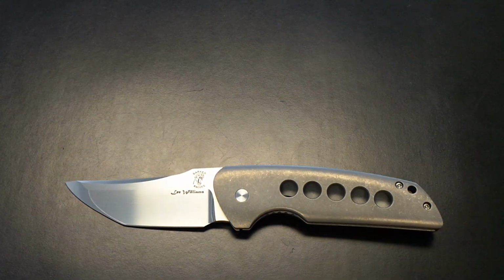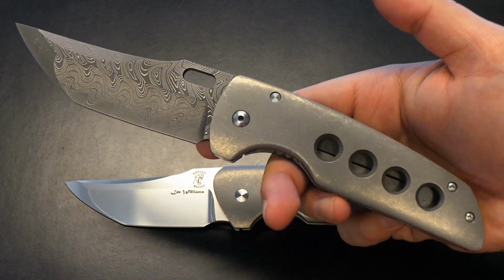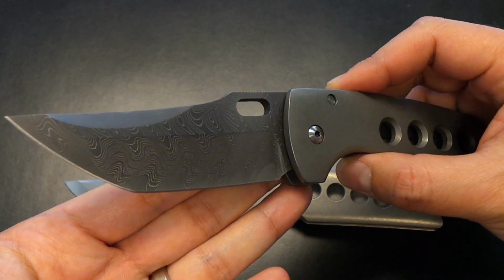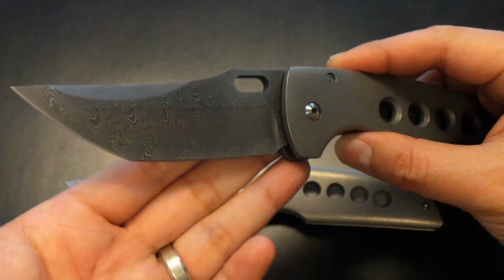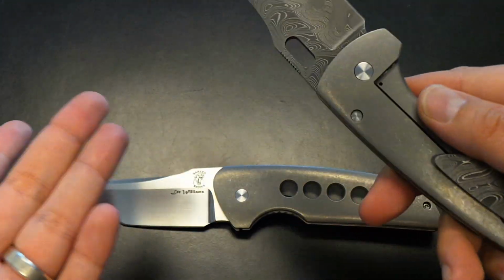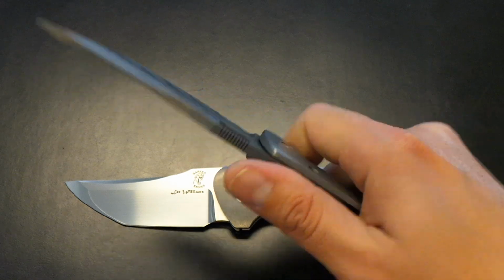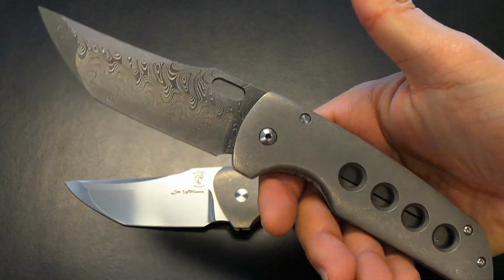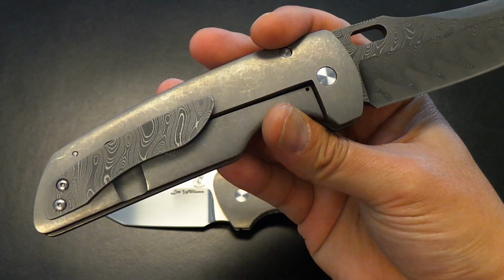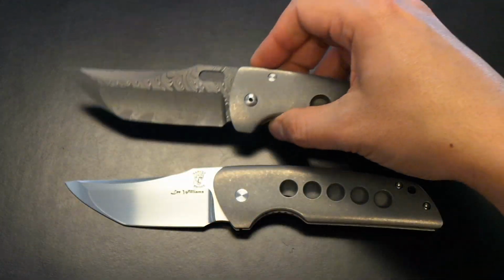You know what? Let's bring back the regular Hokkaido so you can compare it once again. Yeah, there's something about the non-collab Hokkaido that's just a lot more aggressive looking to me. There's jimping on top. The pivot is essentially the same, but it's just a much more substantial knife in hand. It's a big knife, very, very solid. The lockup, very similar to the Kickstop. Just an absolutely badass looking knife. And when you put them side by side,